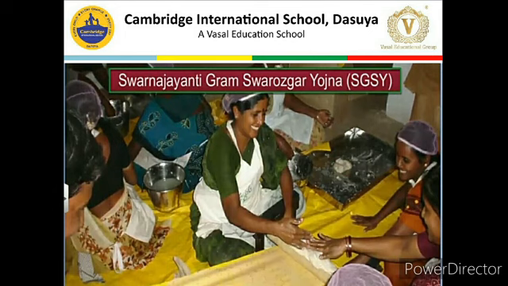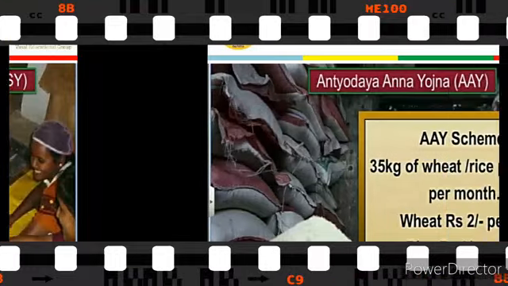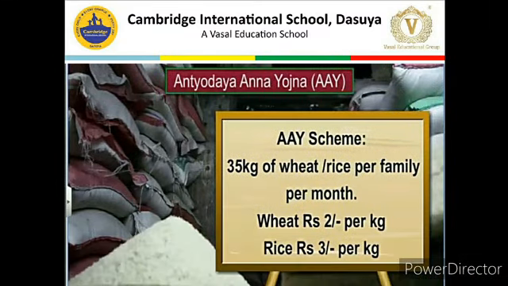Under the Pradhan Mantri Gramodaya Yojana, launched in 2000, additional central assistance is given to states for basic services such as primary health, primary education, rural shelter, rural drinking water, and electrification. Therefore, funds had been released by the central government to state governments so that state governments could provide better basic needs in their regions. Another important scheme is Antodaya Anna Yojana, which is about